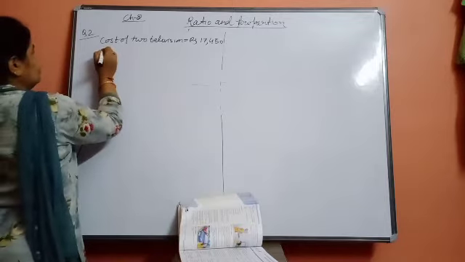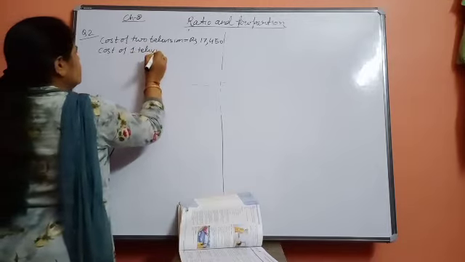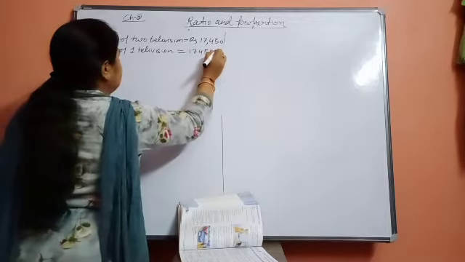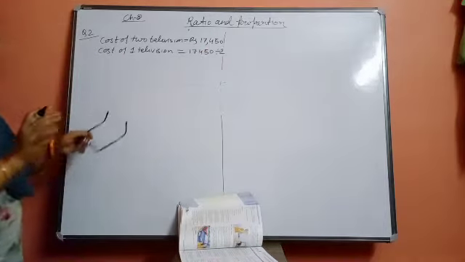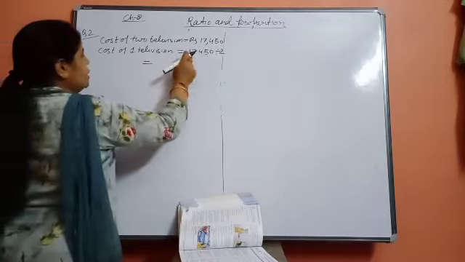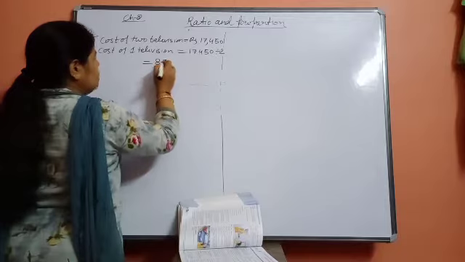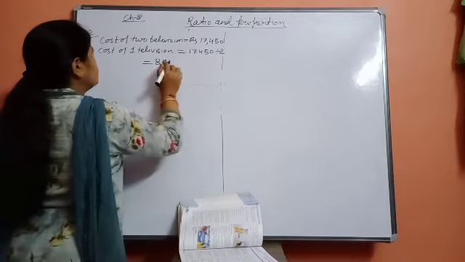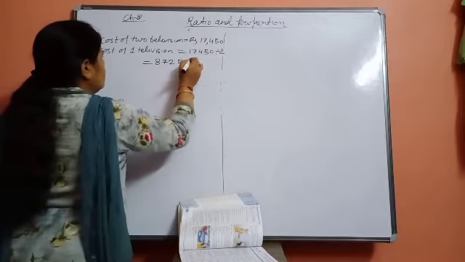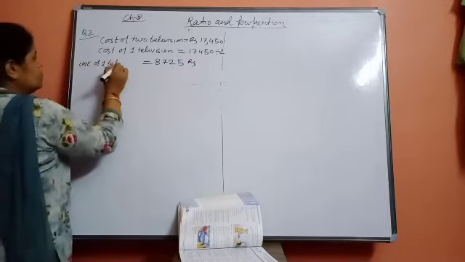So first of all, what we will do? Cost of 1 television is equal to 17,450 divided by 2. Whatever comes, half of this amount will be the cost of 1 television. See what is coming: 2 8s are 16, 1; then 14, 2 7s are 14; here 2 2s are 4 and 2 5s are 10. This much will be the cost of 1 television. In this way you will do.